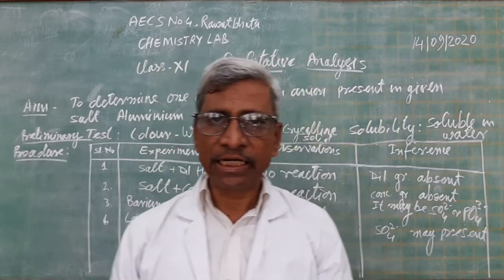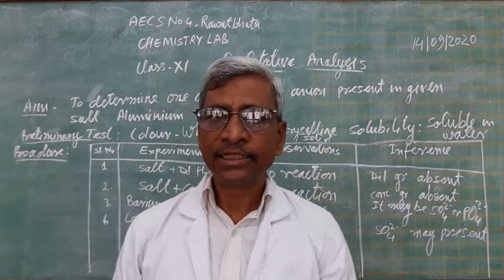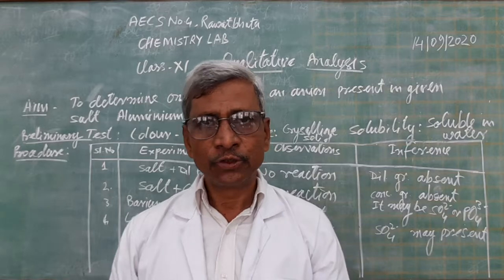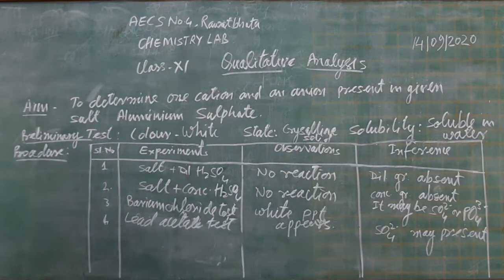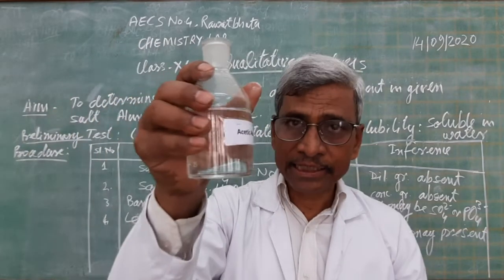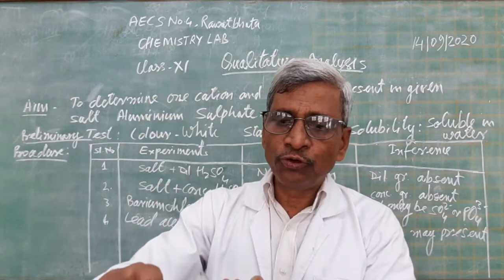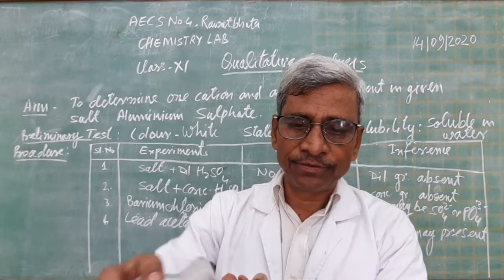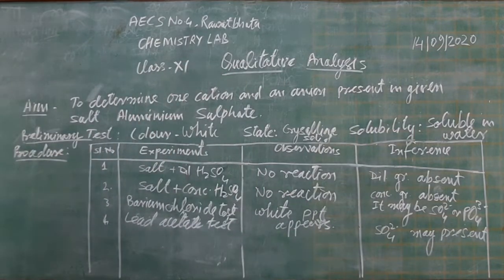And before lead acetate, we can add dilute acetic acid solution. Here acetic acid contains acetate ion and lead acetate also contains acetate ion. So there is a common ion and in that way we get a better result. Here is the dilute acetic acid solution, and we have to add a few drops of it to acidify the solution. This is acidified with dilute acetic acid and add